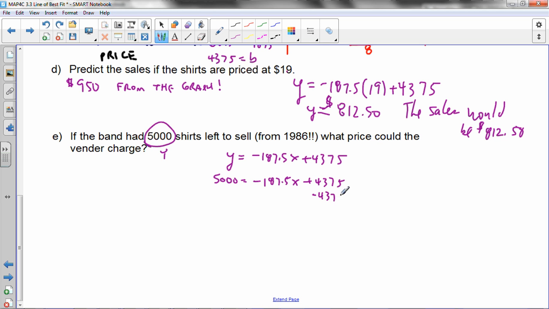I subtract 43.75 from each side. Grab the calculator and pound away. 43.75, and I get 625. And then something very strange happens here, because I want to divide by this number to get X alone. I divide by a negative. My answer is negative